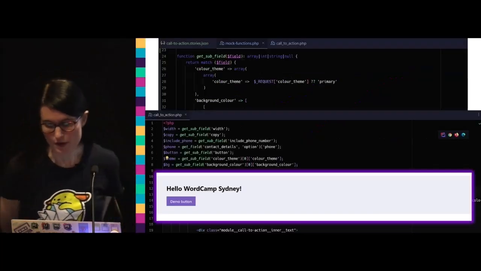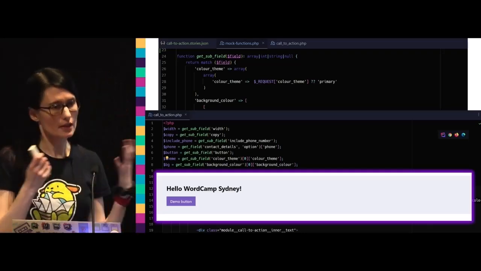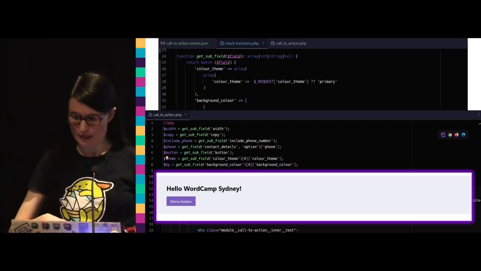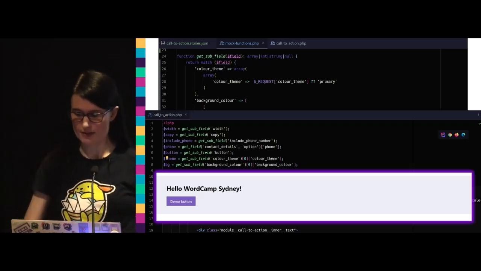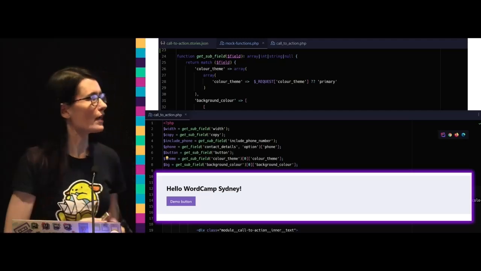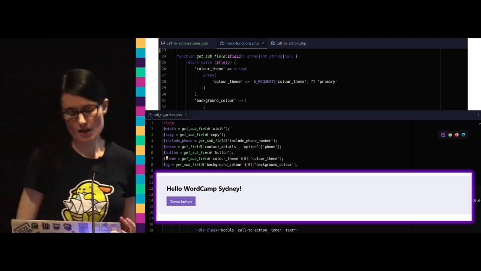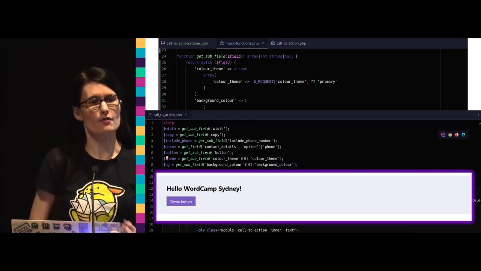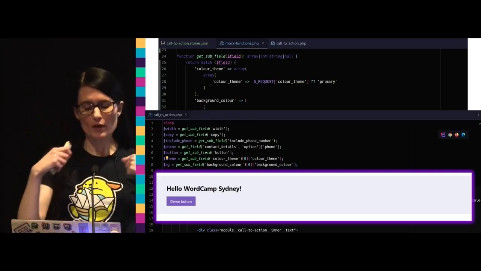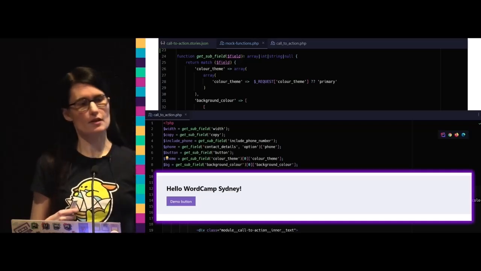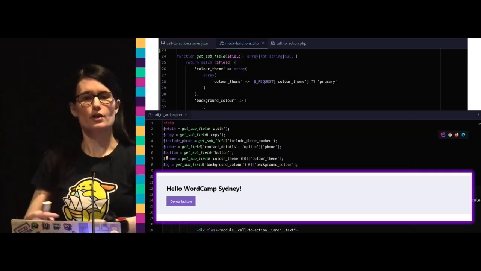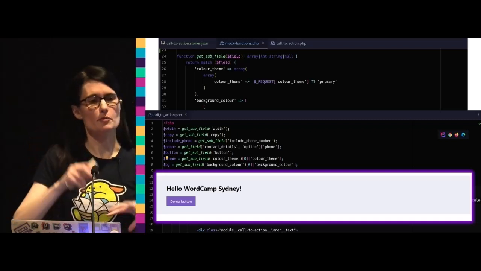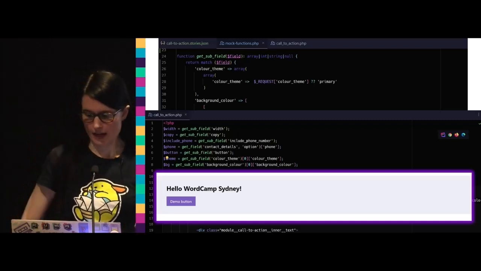Cool, so I told it to use my version of get subfield and get the option values out of that URL. I pretty much already said all that. So that is so we don't have to create a whole lot of test pages for every client. We don't need to set every variation and make sure everything is manually covered. We can process all of those definitions from JSON, find all the options, and put them all in there automatically, and then we can have a play and test as we